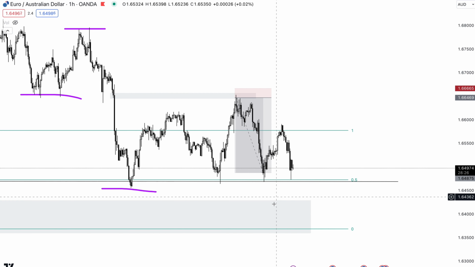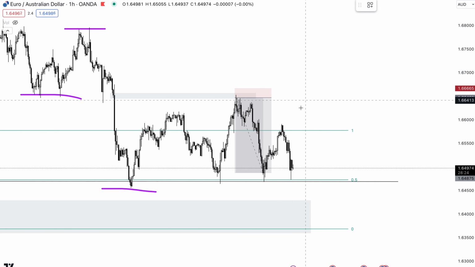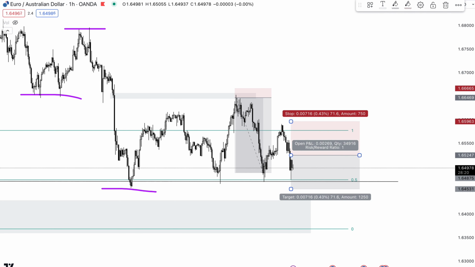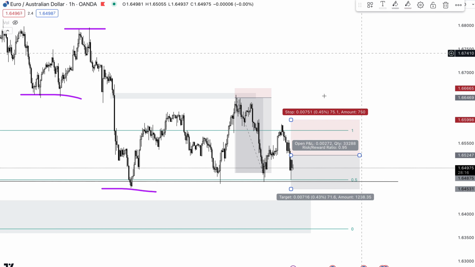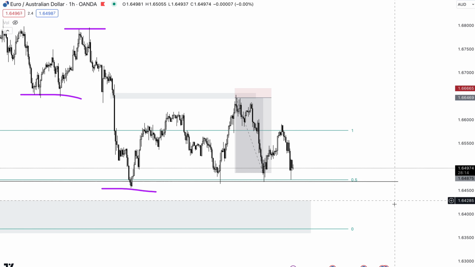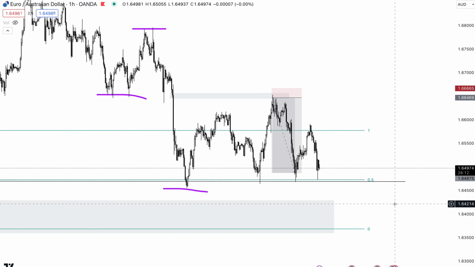If they wanted to enter again, they're like, oh my god, I won some money, let's enter again and make more money. They would try to enter on that next supply zone, and then look for another trade, or up here. But the reason you can't do that is because once you enter one trade, you should